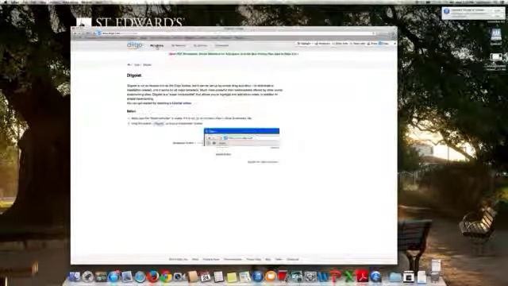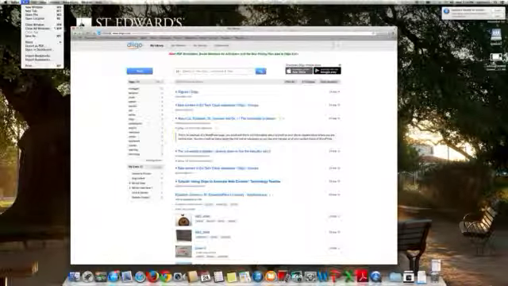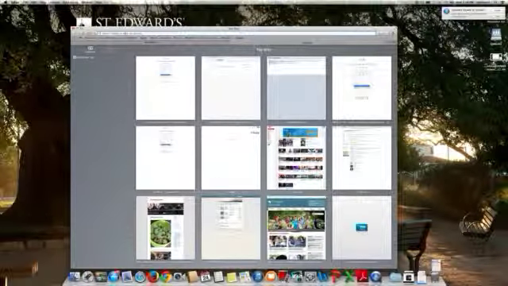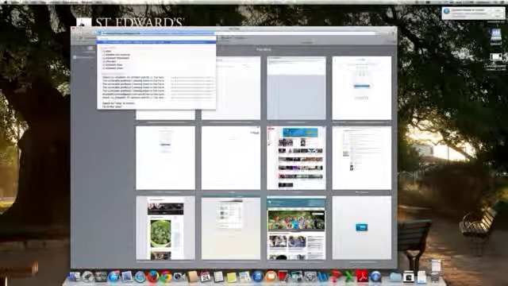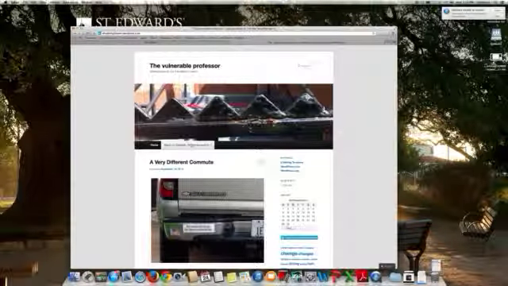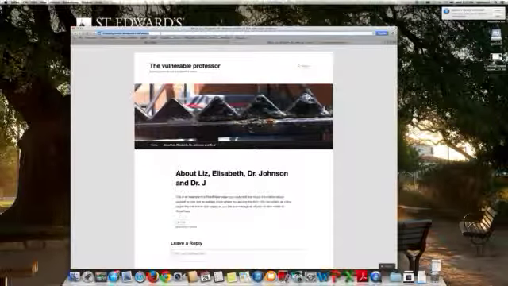For the purposes of this activity, I'm going to go back to my library. And I'm also going to open a new tab and open up my WordPress account. There it is. I'm going to be sharing my About page this week with everybody to get their analysis and feedback. So I clicked on my About page, which is still a mess, still under construction, not ready, it's not due till Thursday. And then I'm going to copy and paste,